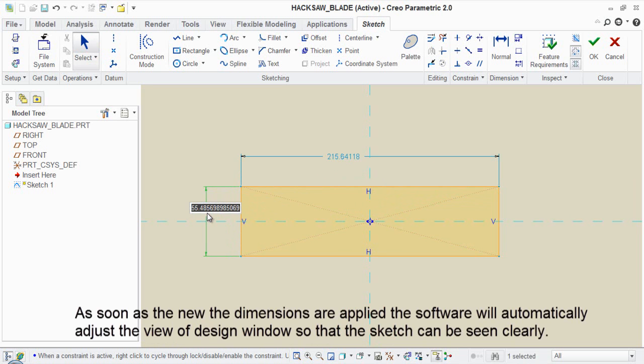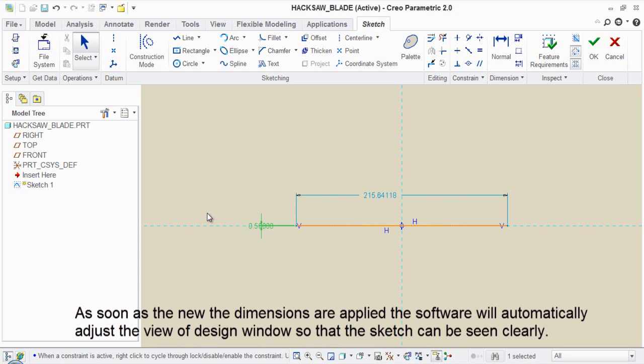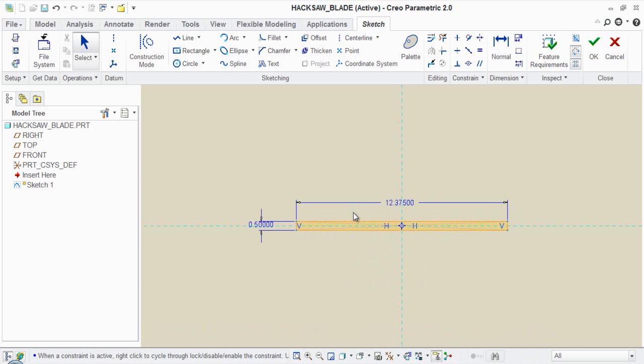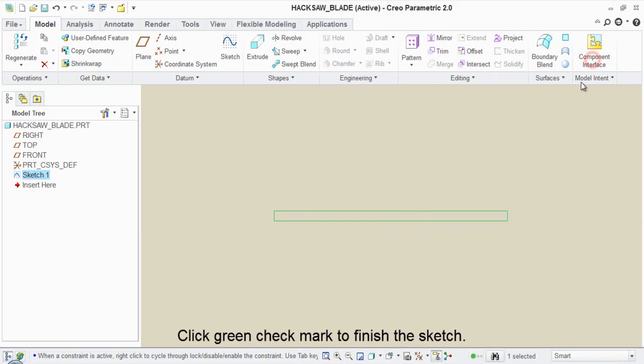As soon as the new dimensions are applied, the software will automatically adjust the view of design window so that the sketch can be seen clearly. Click green check mark to finish the sketch.